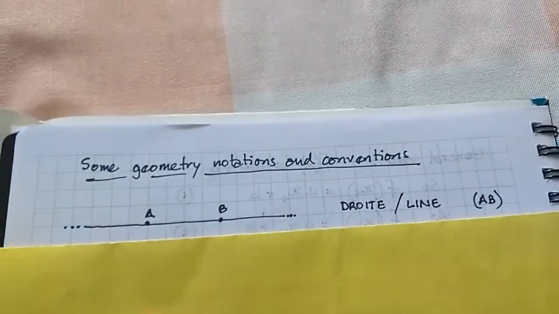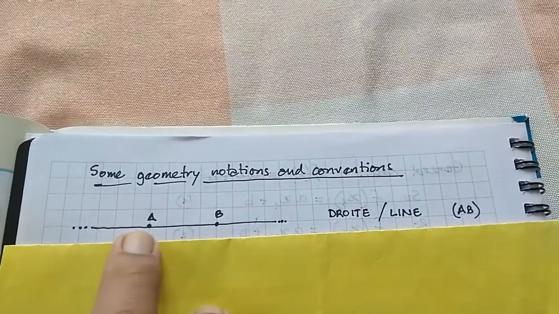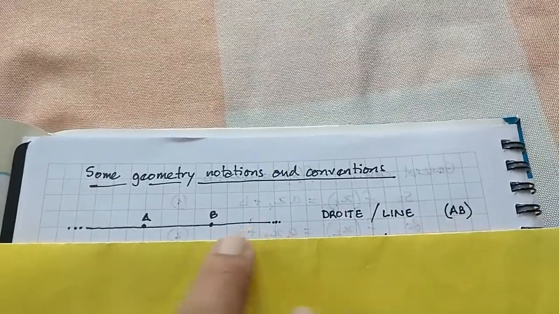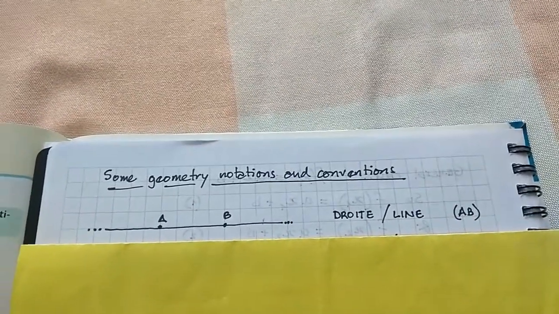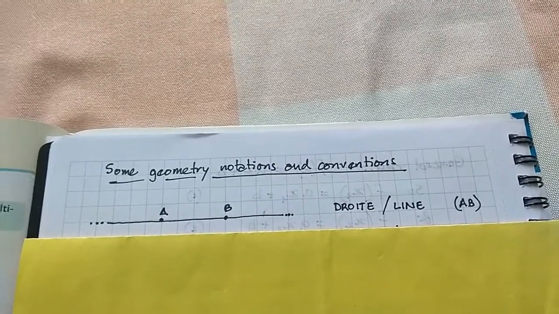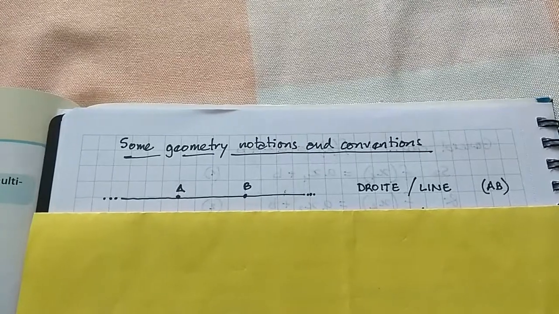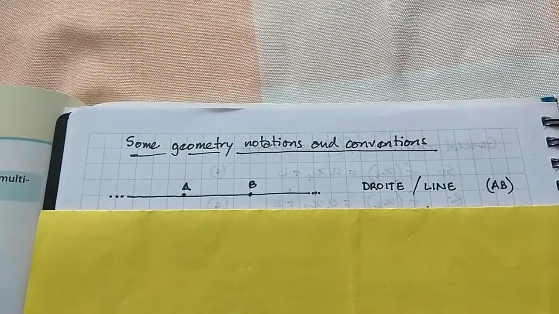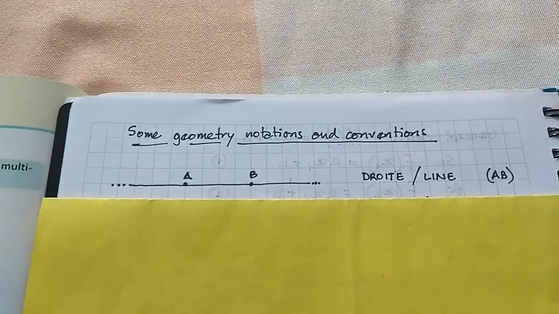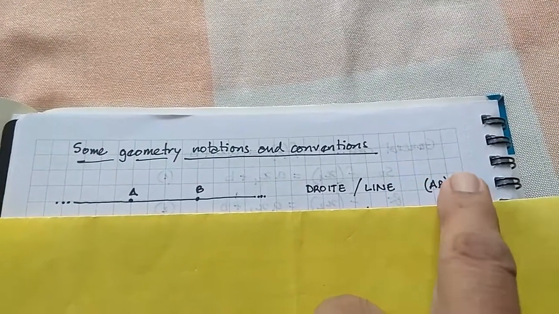So when you have a line, in French "droite", or in English line, which is AB, 2 points on the line define the line. This line goes both this side as well as this side infinitely. A line has no end, so it goes as far as it can to the left, as far as it can to the right in this drawing, and it is written like this, (AB), with curved brackets around it.